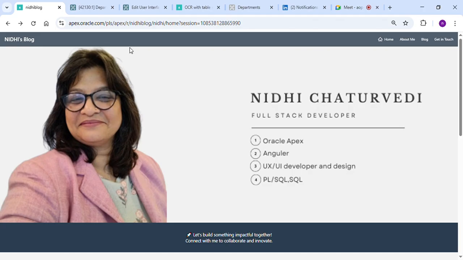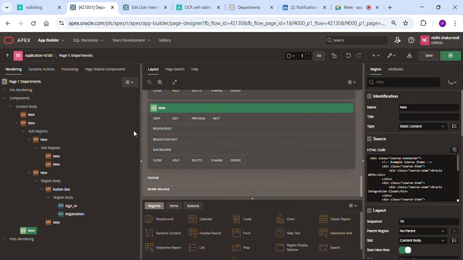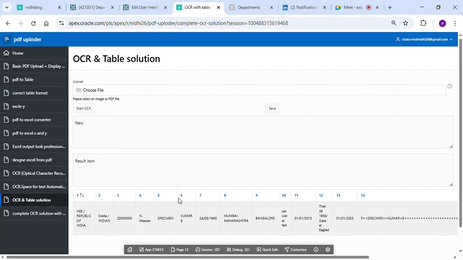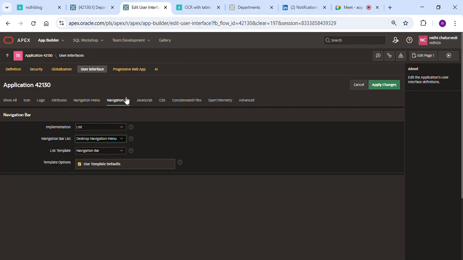If we use the header in the front page, and the navigation menu replaces the navigation bar, then we do not need to display none, right? If I inspect this, then granted. Correct. So we are avoiding this CSS display none if we set it like this in the Oracle Apex application definition.